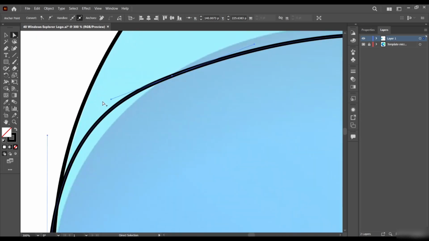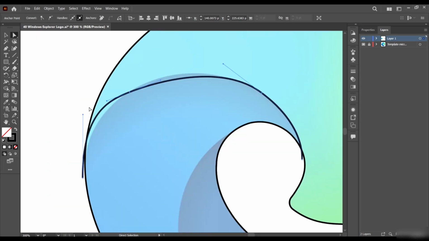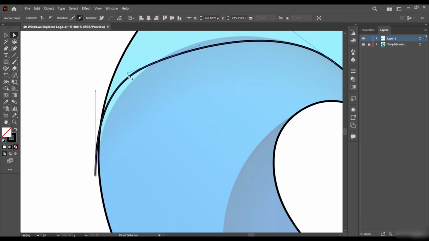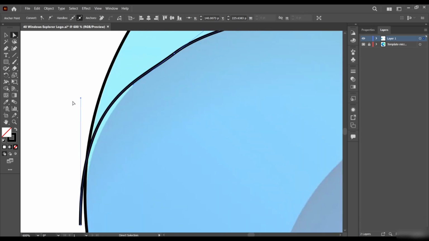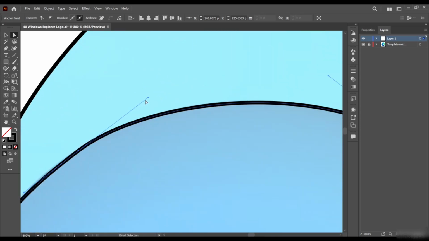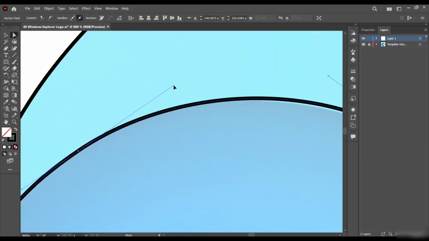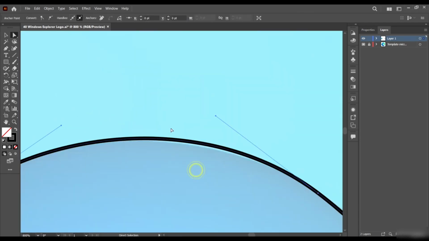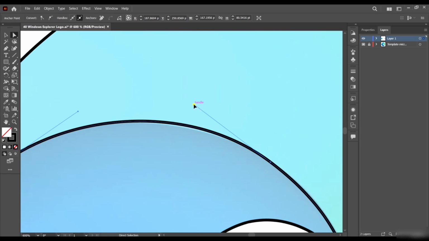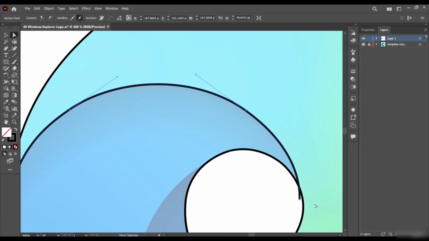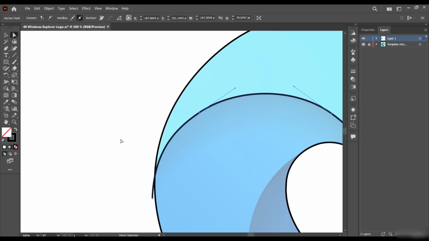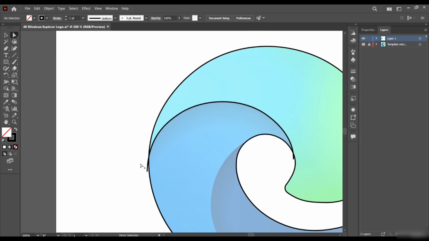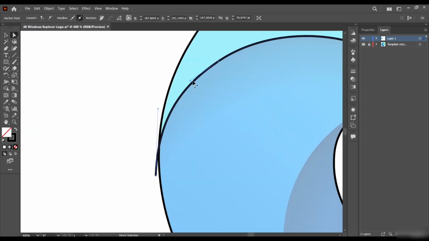I think I've messed the whole thing up. Okay, let me just keep playing with the handles and try to fit the whole thing better. If I can't, I'll just delete it and start all over again. Okay, I think I'm having progress so far, so we don't need to delete. Yeah, I think I like the way it is now, and maybe we can move on to the next part.